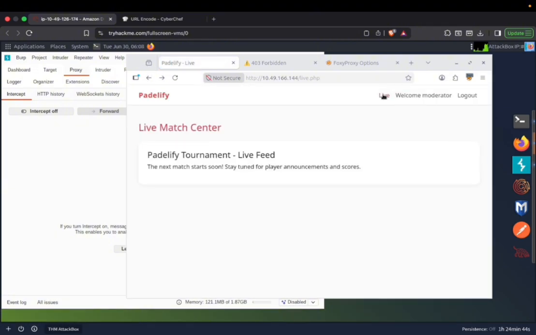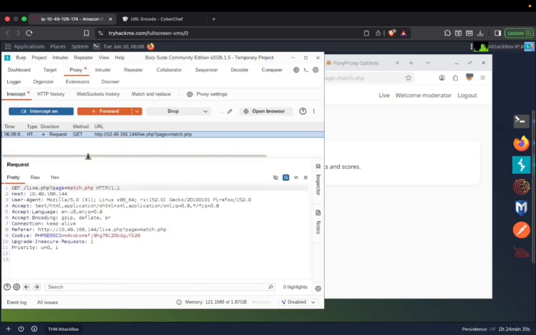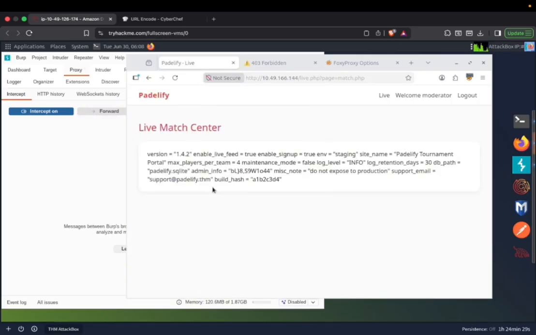Let's do that whole thing again. Intercept on, now live. Now change our page parameter to that URL encoded part, and then forward. And you guys can see here. Let me zoom. Can I zoom in? No, I cannot. Okay, admin info. This is the admin info. So you can guess this is the password for admin. Let's copy that,